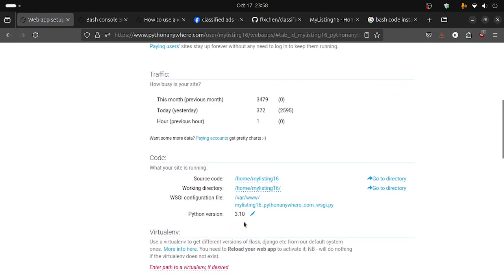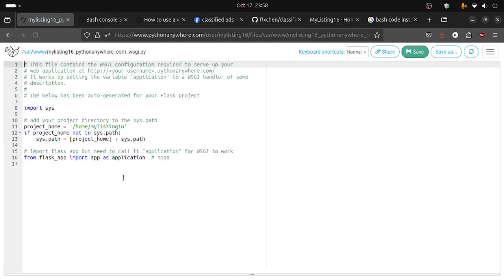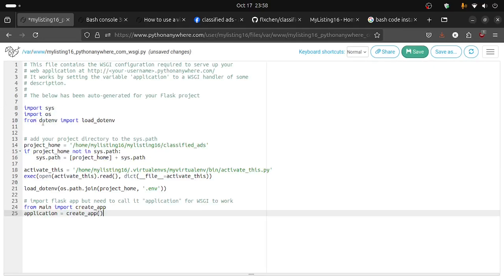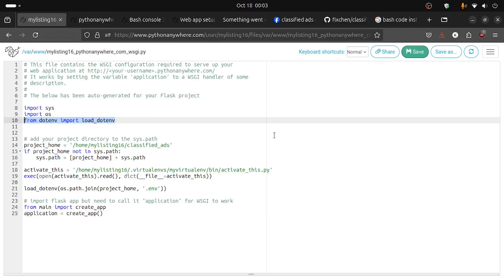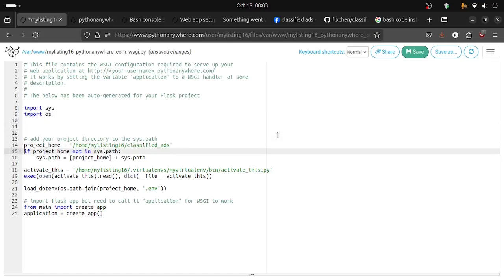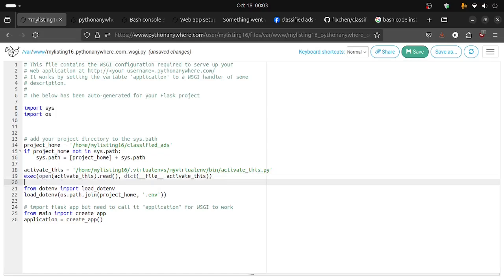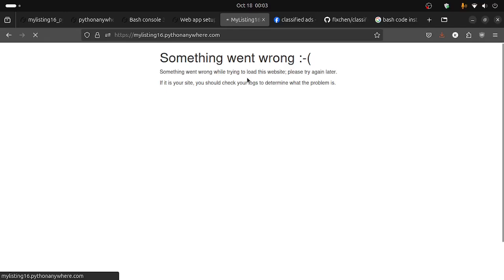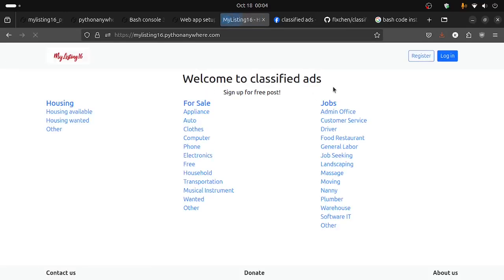First, let's edit this WSGI file. Let's try putting it here. Great. Now we can go to the website. You can see